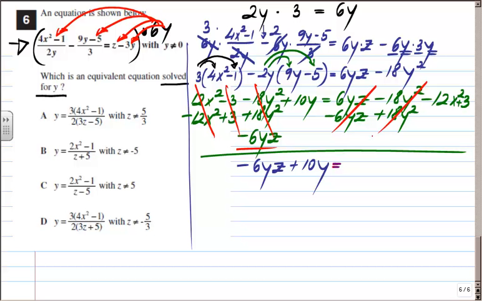6yz minus 6yz, nothing. 18y squared, nothing. Equals what? Negative 12. Negative 12x squared plus 3. Okay? Great. Now,